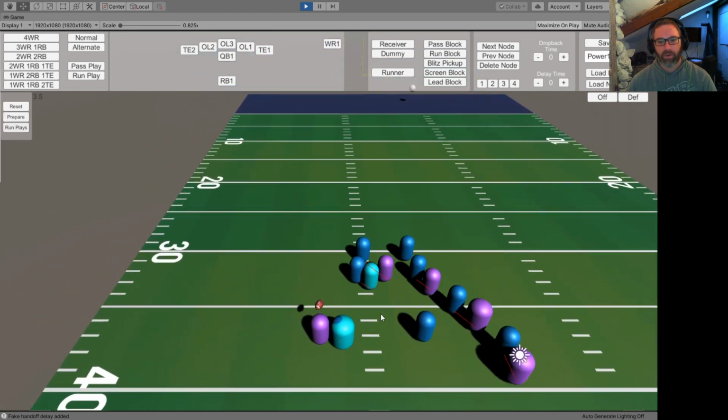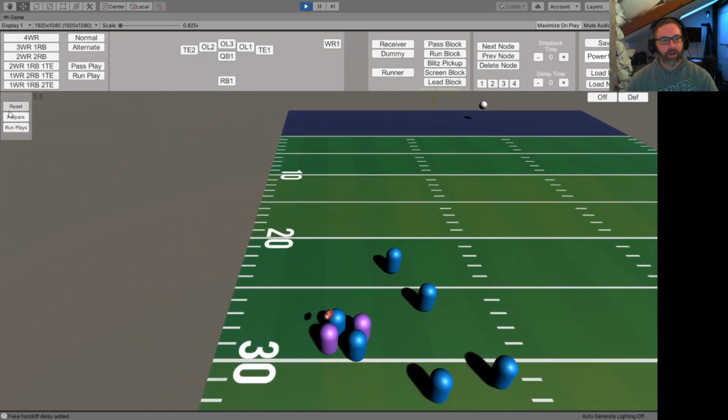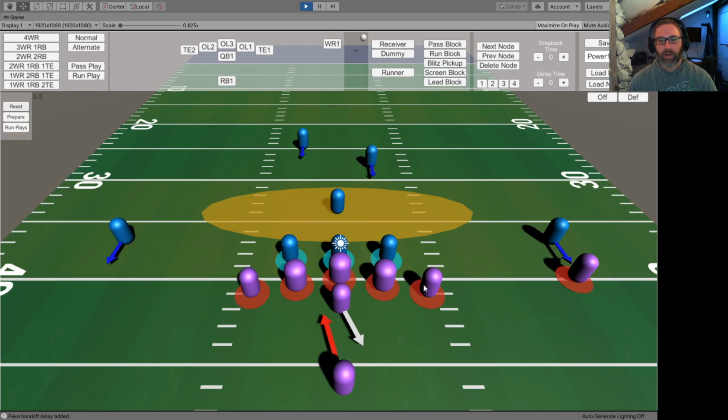So the hole looked okay. One thing to note, on offense, the blocking skill is all bumped up for everybody. Speed and strength are the same for everybody except this wide receiver here. I jacked his speed up just because it was taking forever for him to do the end around. But blocking skill is higher, speed and strength are the same for everybody, and running ability I moved up